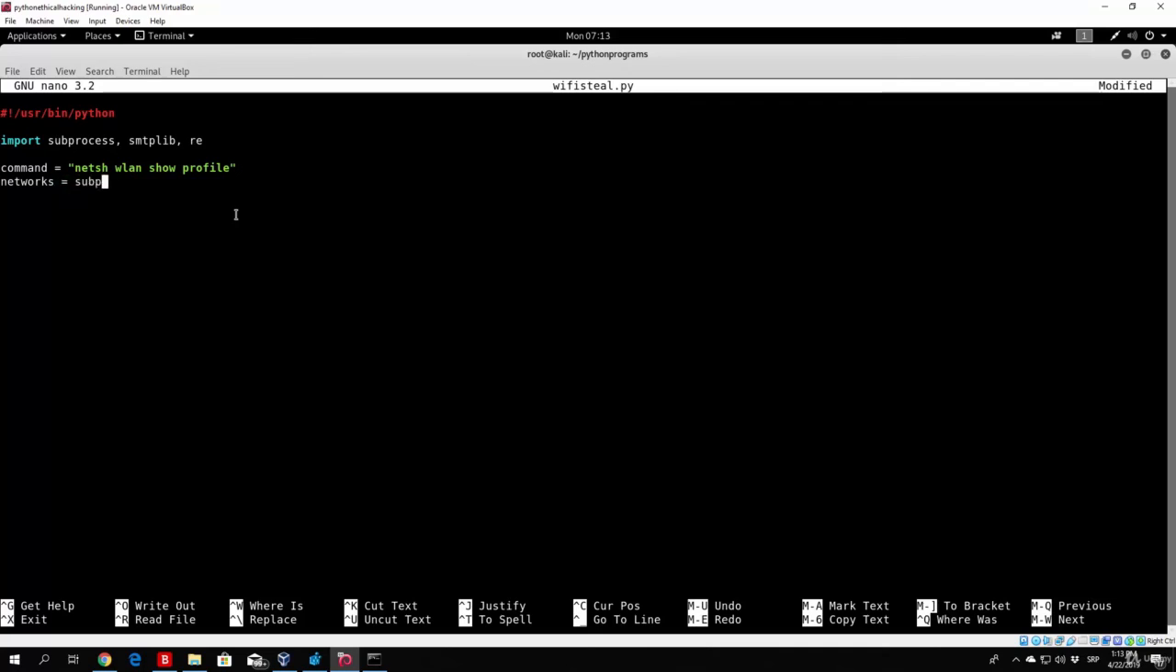So what we will do, we will use the subprocess library. So subprocess.check_output. We will run the command and shell equals true. And what this networks variable right here will have is the output of this command, which is just all those profiles with the names of the actual wireless hotspots. And now we want to create an actual list which will contain all of those names. So network underscore list equals